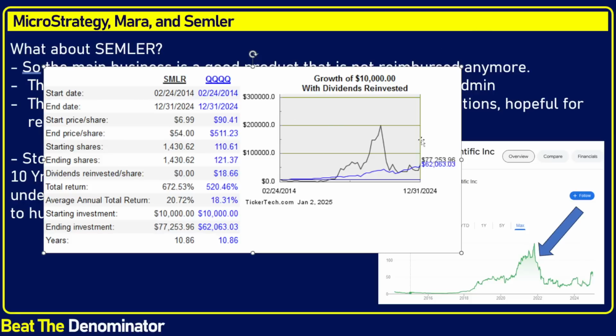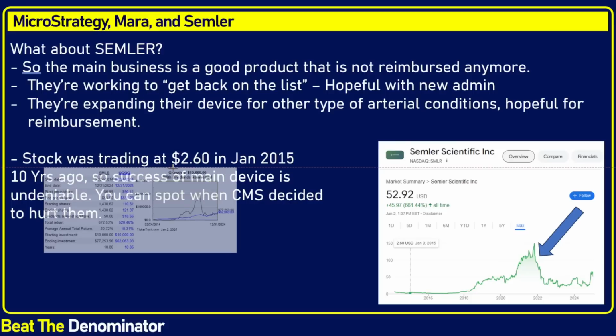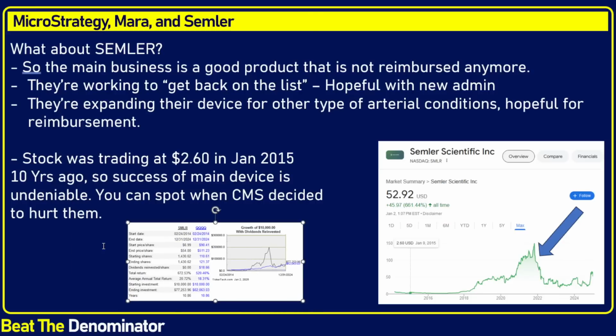So that's why I say the numbers don't lie. This was a blockbuster product. This was a compelling product, and I could have nitpicked and shown you the performance before it was off the list of the CMS, and you were at a performance much more in line with, say, a Tesla, for example.